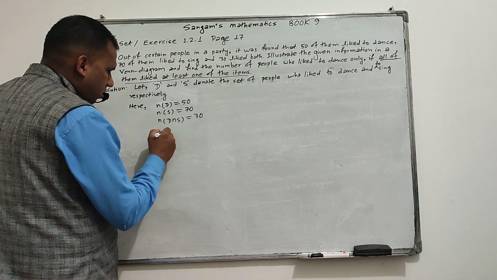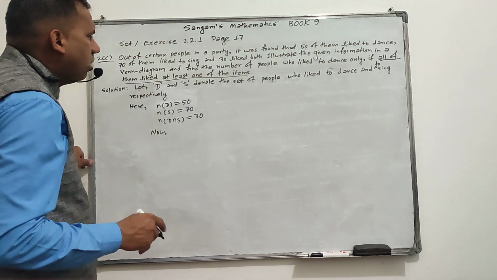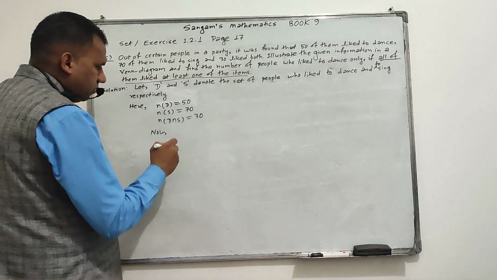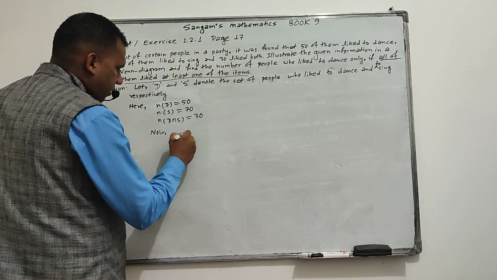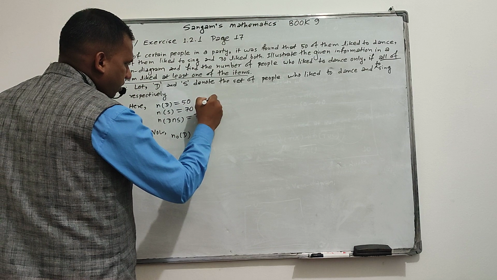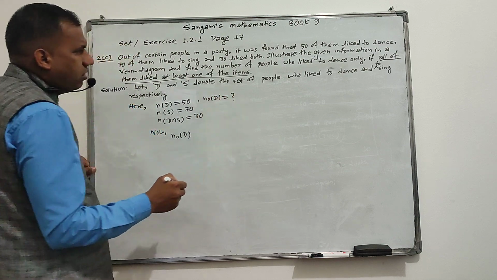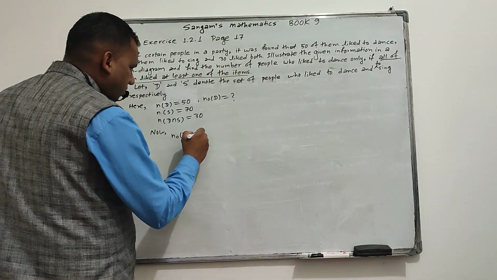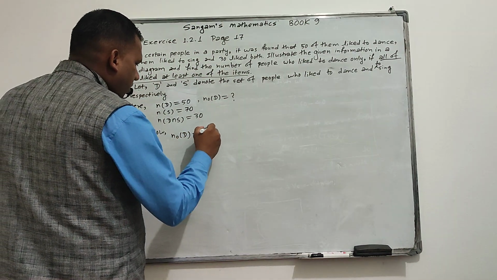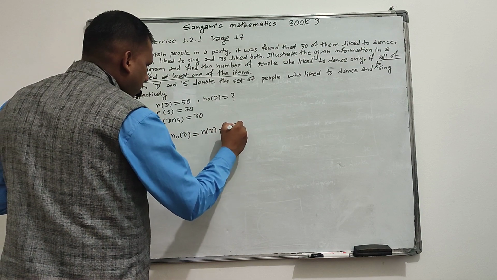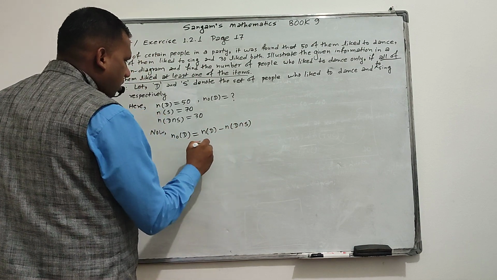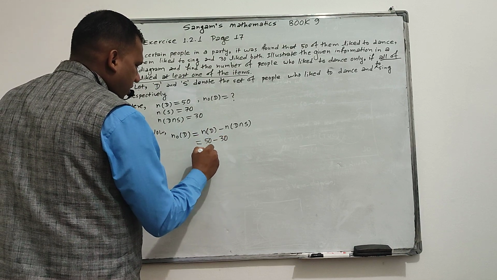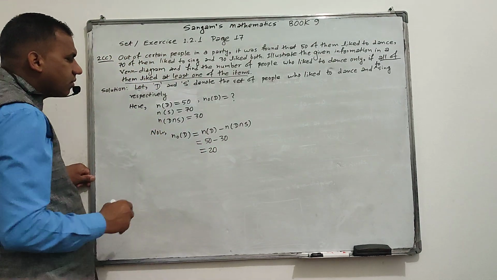Now the question is to find the number of people who like to dance only, n(D not S). The question is n(D only) equals question mark. So n(D only) equals n(D) minus n(D intersection S), 50 minus 30 equals 20. Then